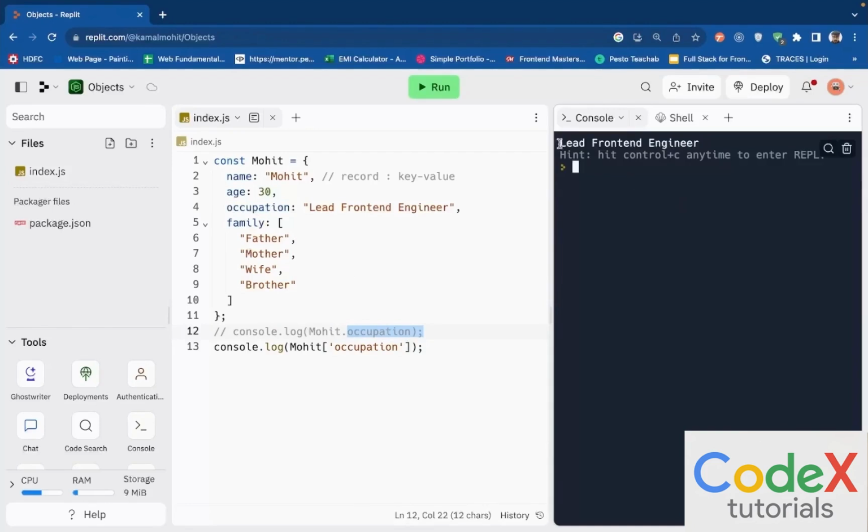and let's run this particular code and see if this works. So now you'll see that even with this particular notation, I am able to get the answer of lead front-end engineer. Now, what's the difference between these two ways of accessing values inside of an object? The dot operator considers that the key name that you are accessing is actually present inside of the object. That means it cannot be dynamic in nature,